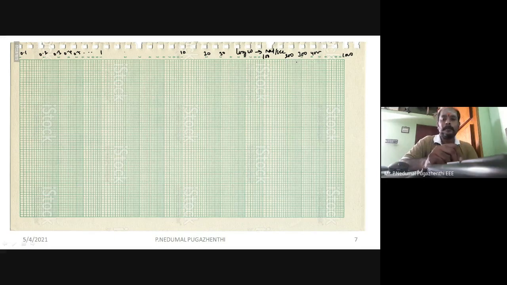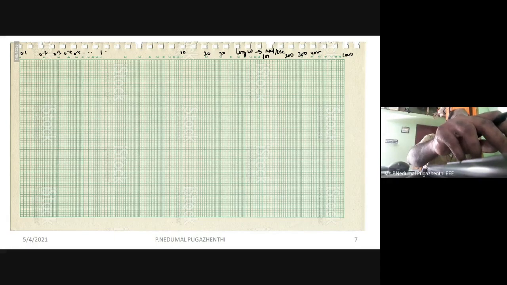Any doubts here, choosing your omega values? You take your semilog graph sheet. If I choose the first one as 0.1, the subsequent ones are 0.2, 0.3, 0.4. The next one is 1, then 10, then 100, then 1000, and it goes on. If the first one is 0.01, then the next is 0.1, then 1, 10, 100, and it goes on.